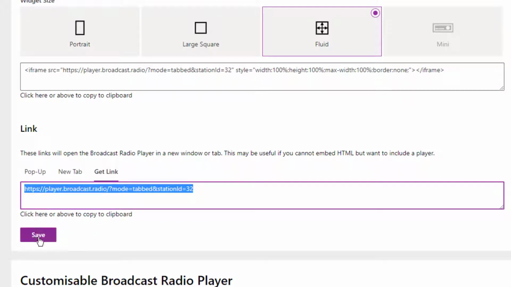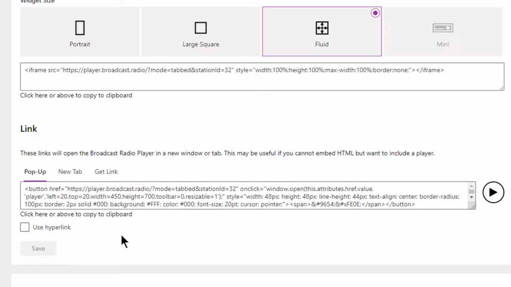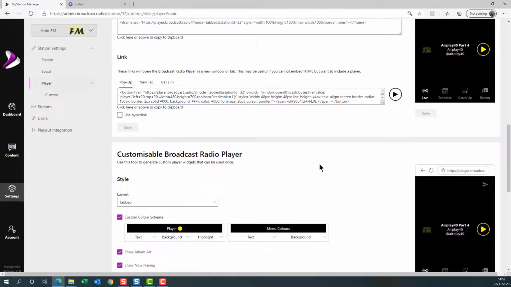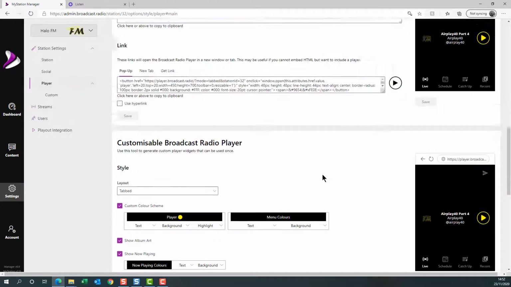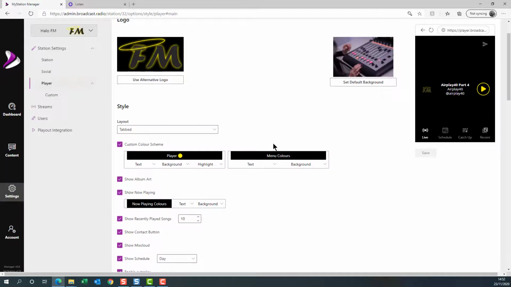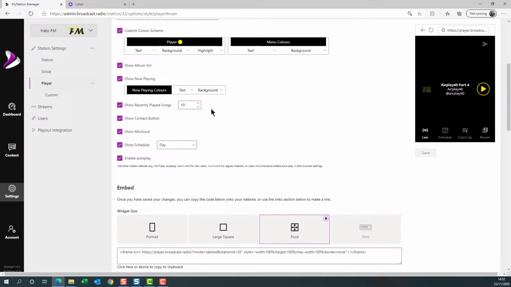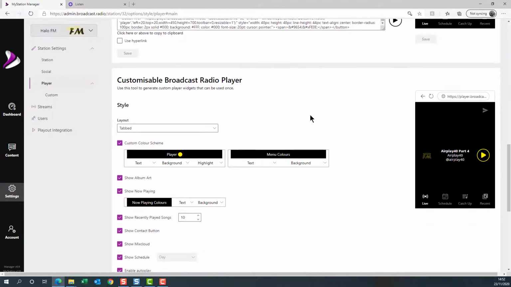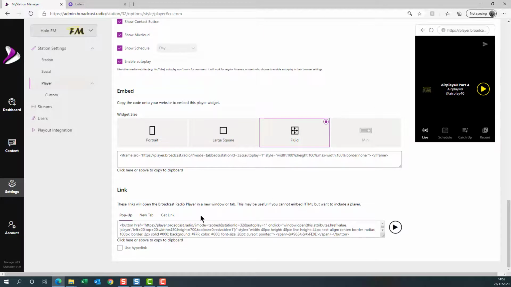If you're happy, click on the Save button. Sometimes you want to have multiple different players on different sites. The top section is for setting the default player, which will be the default player used whenever MyStation is asked to display a player. However, you can also create customizable players with unique code that can be embedded in whenever